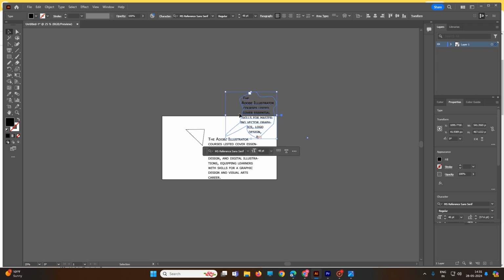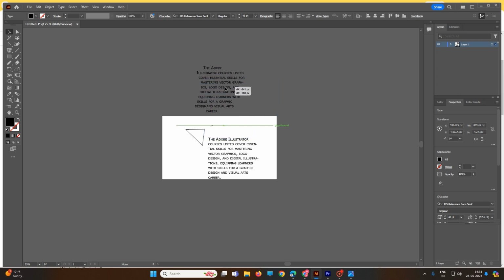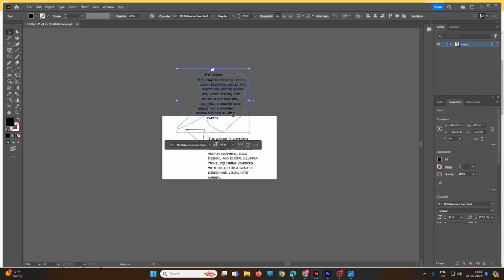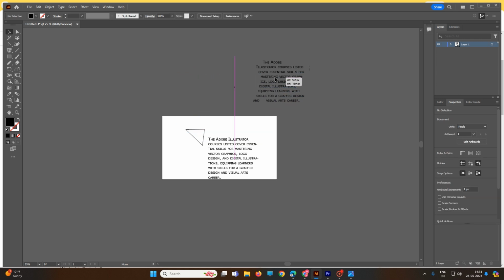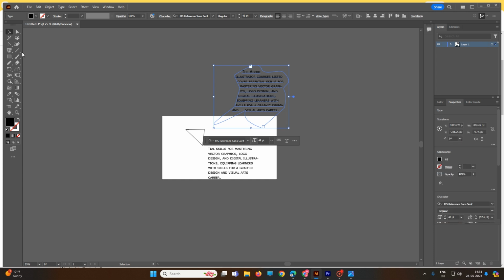Okay, and the red symbol shows that you have typed like that. Now green means whatever you have pasted is out of boundary. Okay, this is out of boundary, this is inside the shape. Now you click, this is the area type tool. Understand? Okay, next